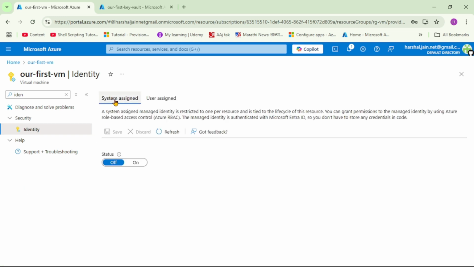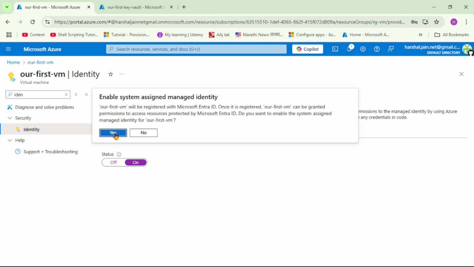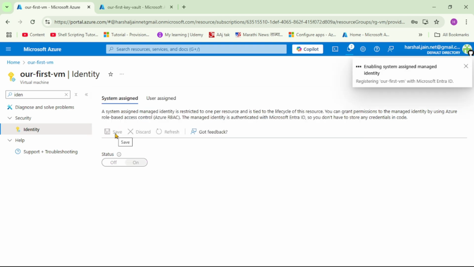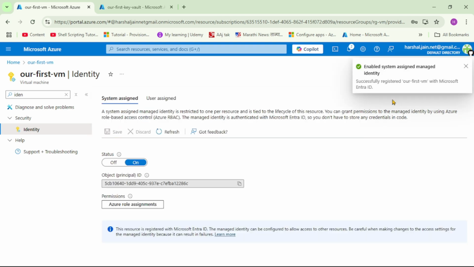And guys, if you see, we have two types of identities, that is system assigned and user assigned. So we will discuss the difference in detail in our next video, but as of now let's keep it system assigned, and let's say on, and let's say save, and let's say yes. That's it. And you can see managed identity has been successfully created.